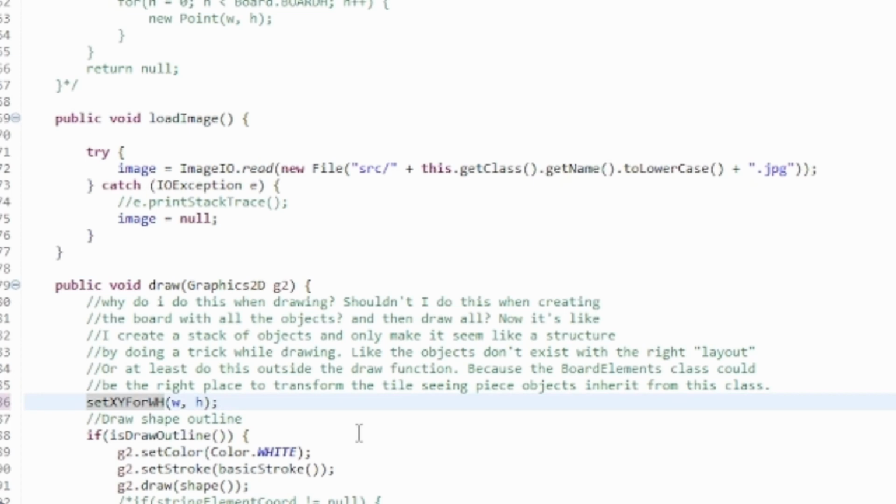And that made me wonder. Yeah, it was some kind of a brain fart, but it did help me understand some concepts better. I think I talked about it before, but I made an annotation here on why I do that transformation in the draw function and why I don't do that before. What did I say? Yeah, that I only create a structure out of it when I draw it. And then later it dawned on me that, in fact, everything that is in the array, all the tiles and everything, has the WH